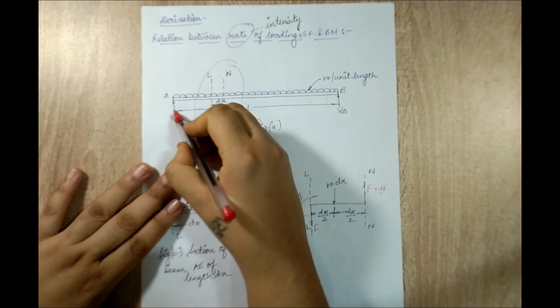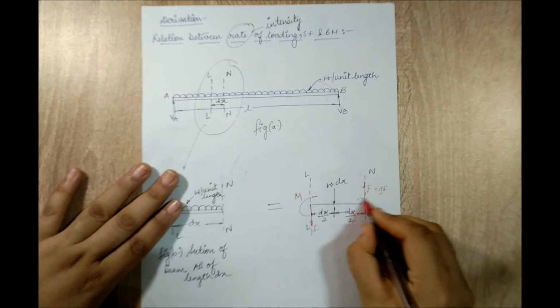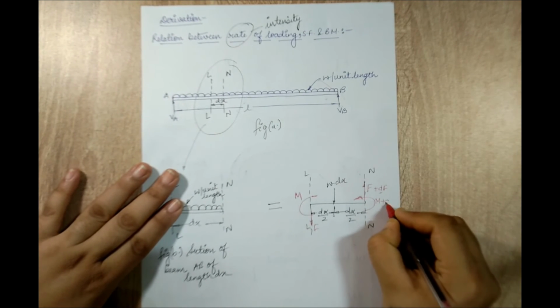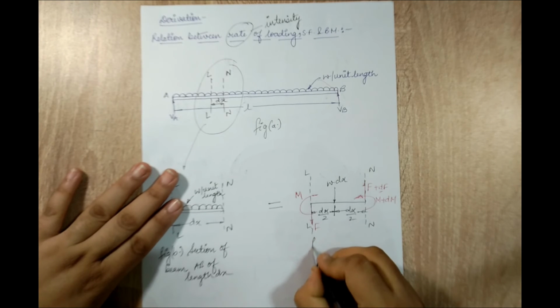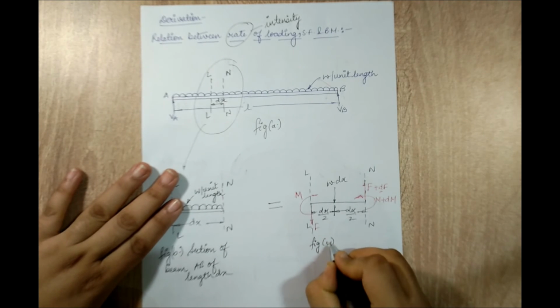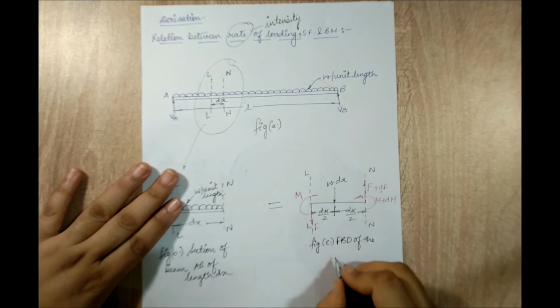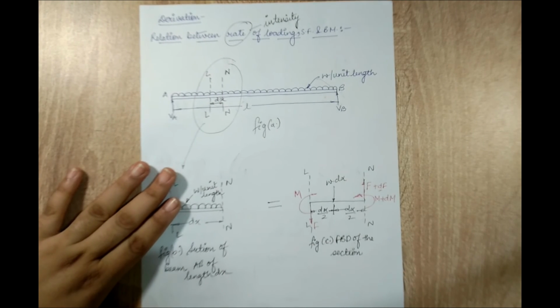Now this is causing a sagging effect, if you understand these reactions. So obviously I'm drawing a sagging effect here. So if the moment is M over here, I cannot write M. I'll say it is M plus dM, which is a small change in moment between the two sections. So here I can write down, this is figure C. This is the FBD of this section.